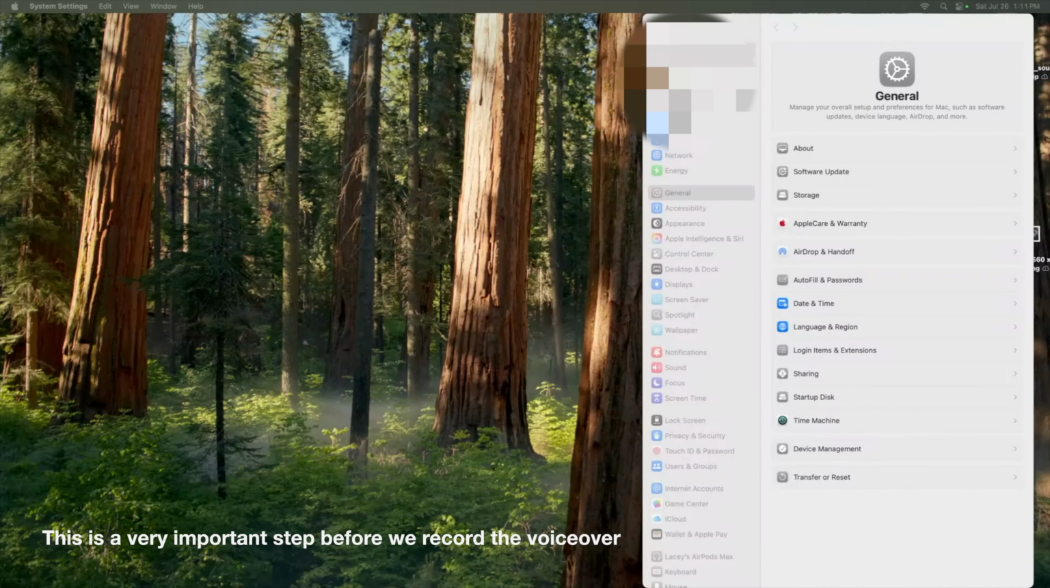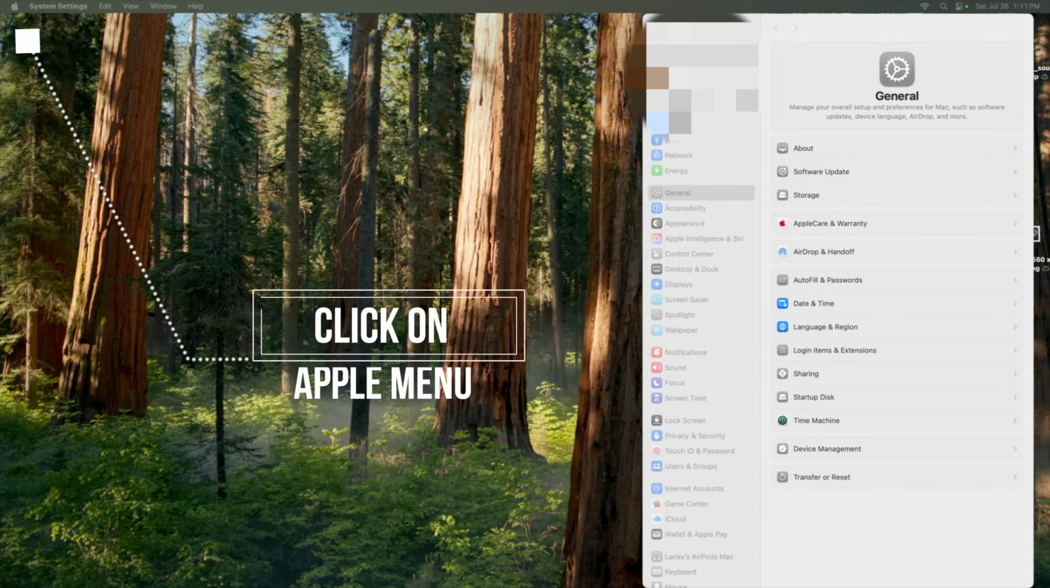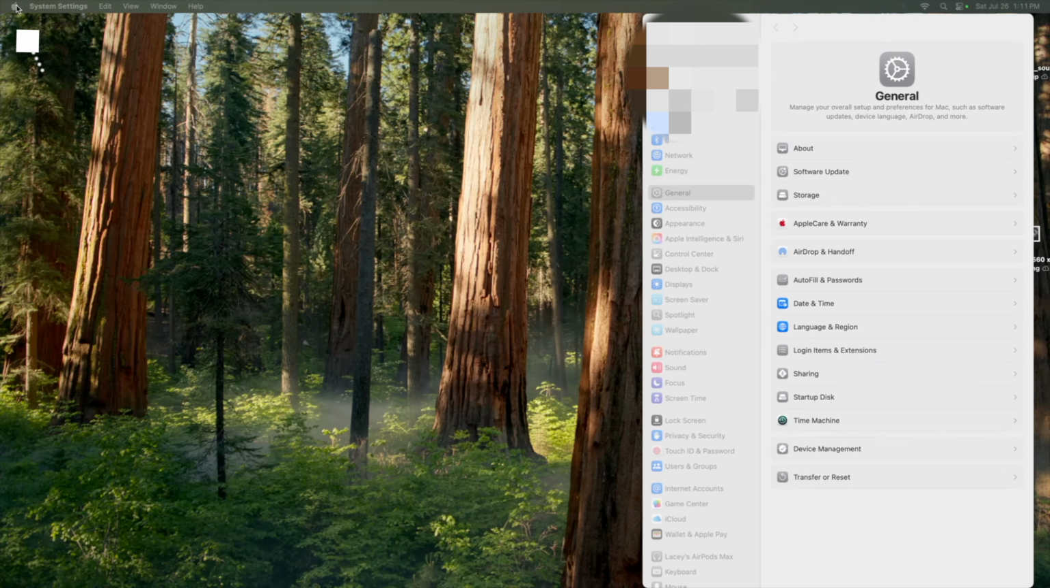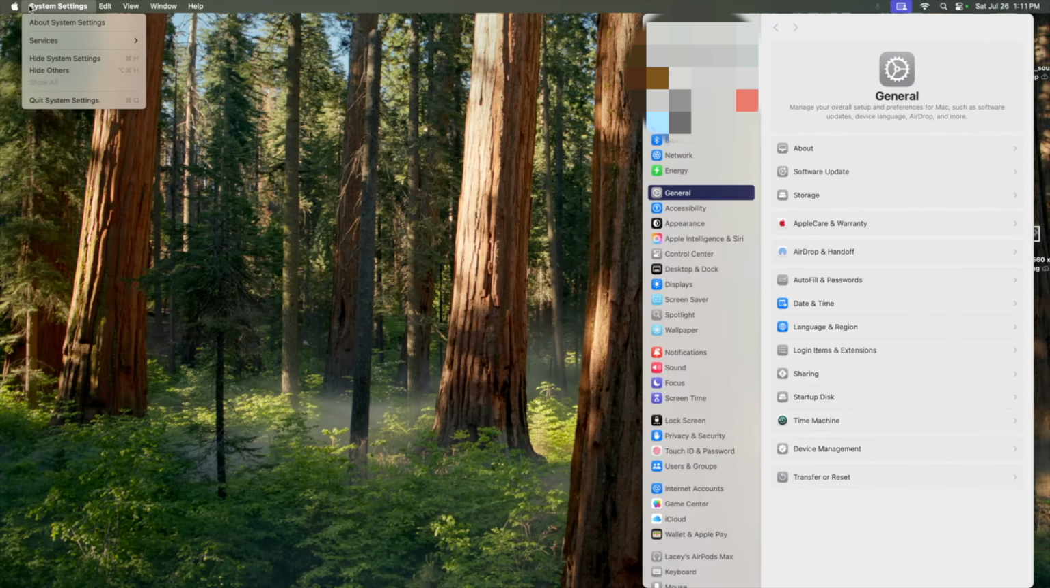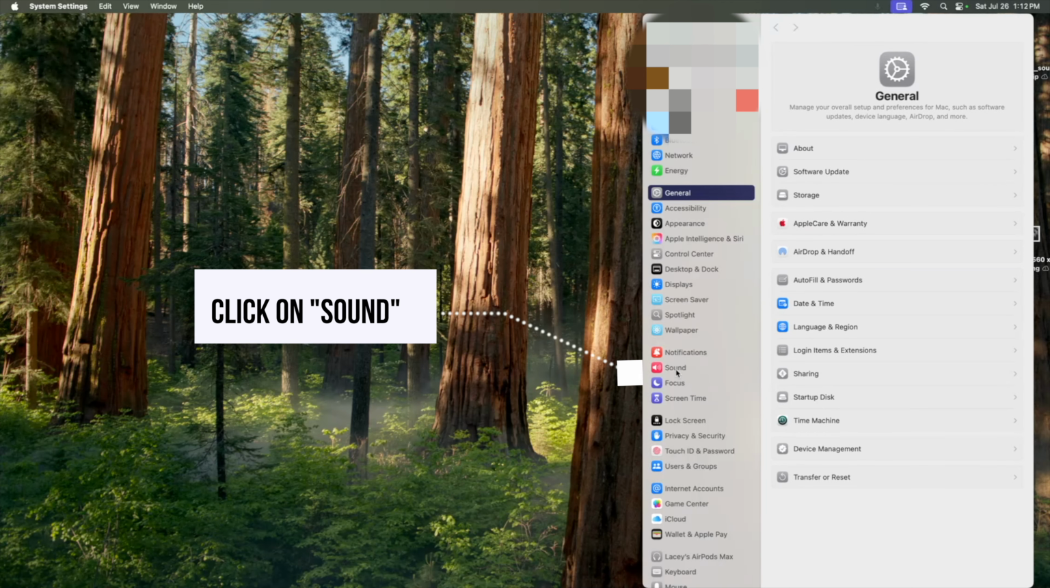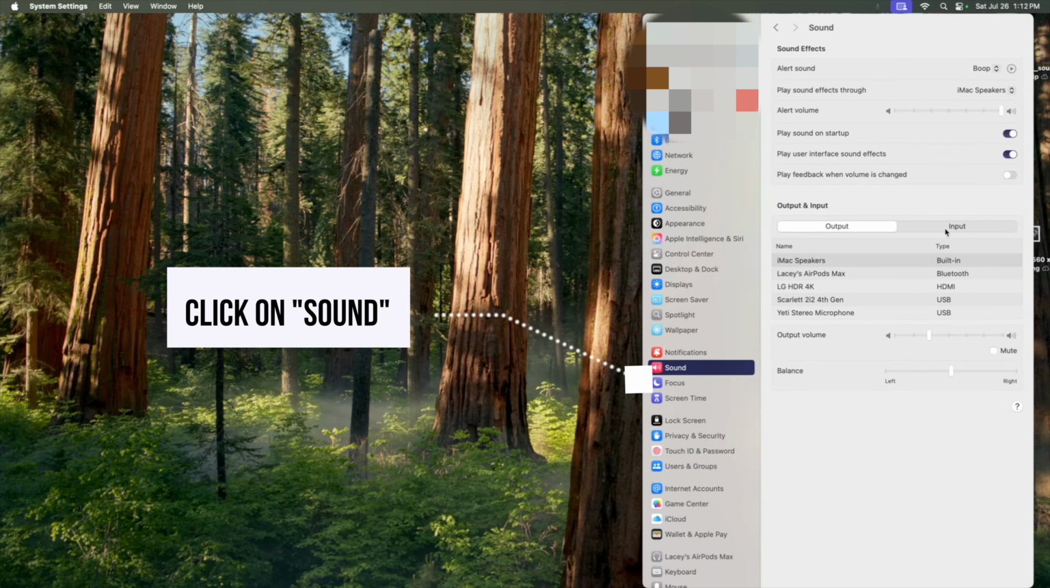You want to make sure that your microphone is connected to your computer and it is working. So I'm going to go to the Apple here, then I'm going to go to System Settings. So Apple, System Settings, and then once your System Settings comes up, you're going to click on Sound, and then